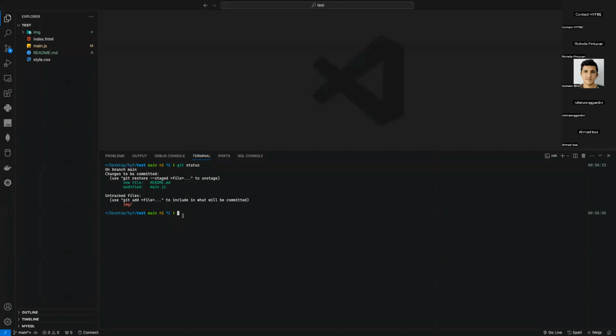Let's try to do it with main, for example. Main now is added to the staging area. If I want to remove it from the staging area, sometimes it could happen, I can write the command git restore --staged, and the name of my file is main.js. So let's type main.js. Click. And now here, if I type again git status, yes,